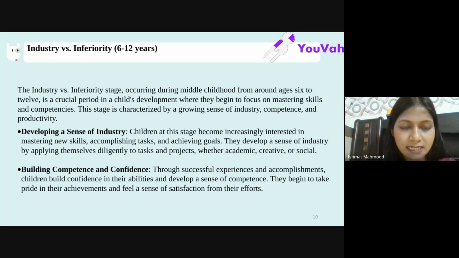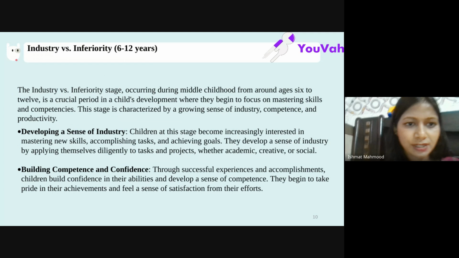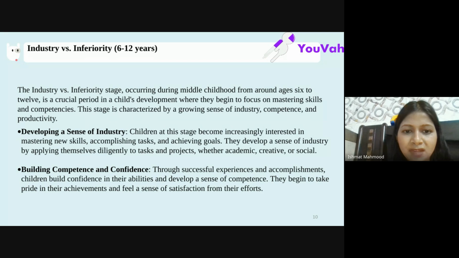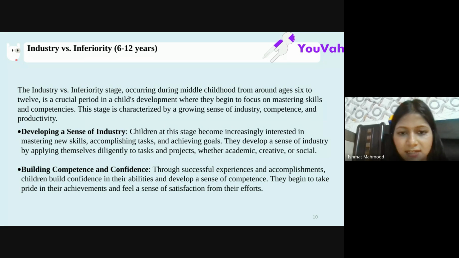So the next stage of Erikson is industry versus inferiority. So this begins at the age of 6 to 12. ठीक है? So basically इस age में हमें क्या होता है कि, राइट, सो अगर हमें कोई होमवर्क मिलता है क्लास में सपोज, ठीक है, और अगर हम उस होमवर्क को बहुत अच्छे से कर रहे हैं, बहुत चैलेंजिंग टास्क